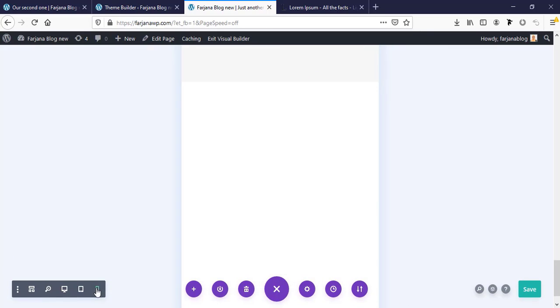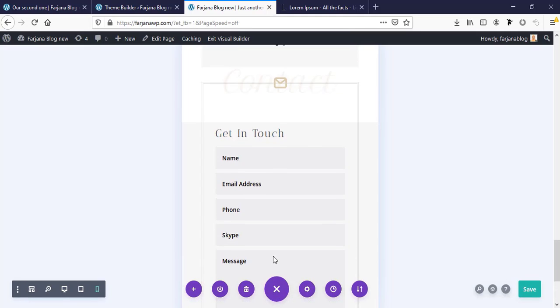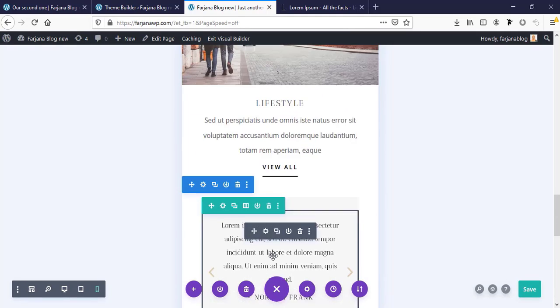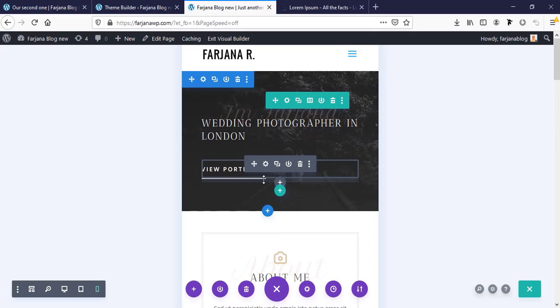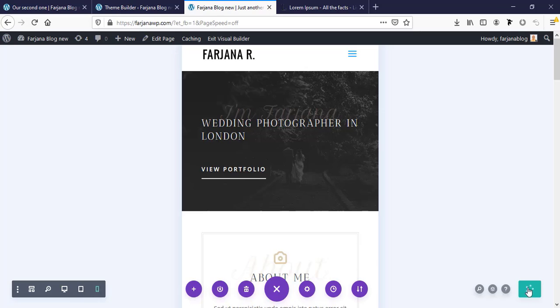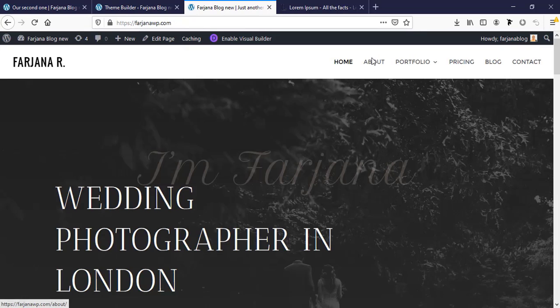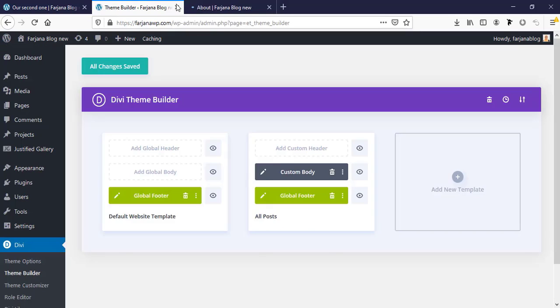Now going to phone view. So it looks good for phone. It's almost responsive as we are using a ready template, so here we need not work so much. I'm saving it. Exit Visual Builder, then going to About page. Okay, I'm just leaving all these pages